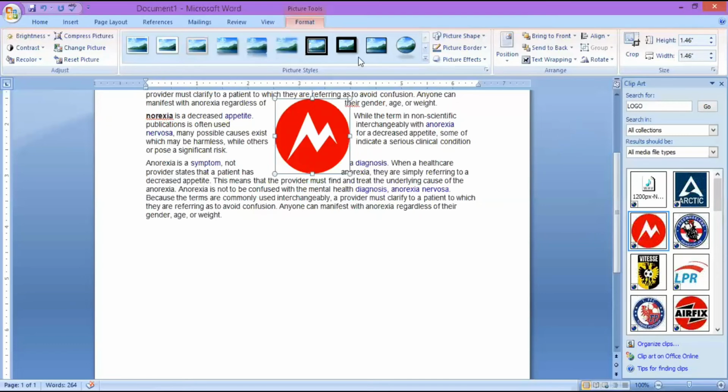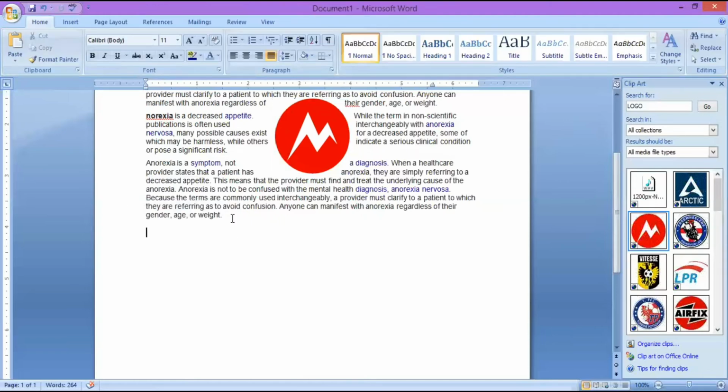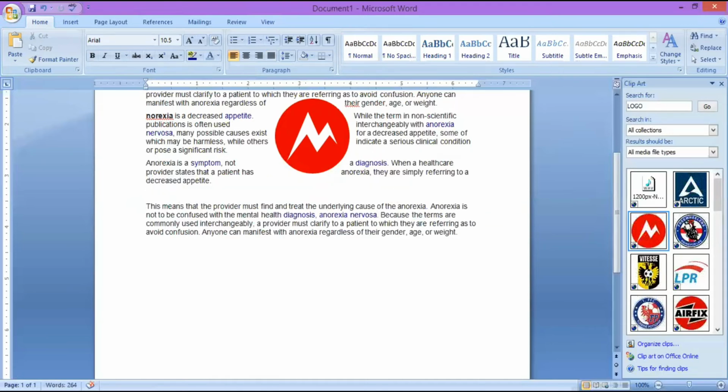Now if you want to insert an object, the object can be anywhere in your computer or somewhere on the net. When I say object here, I want to insert another document. For example, it can be another Word document or an Excel sheet or even a PDF file. I wanted to insert it here.